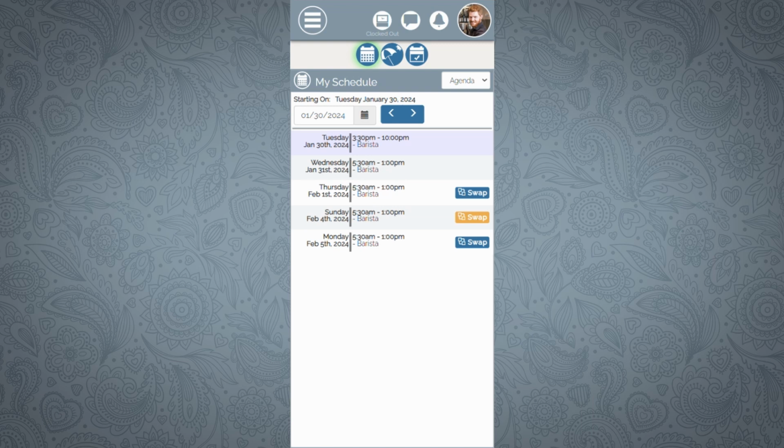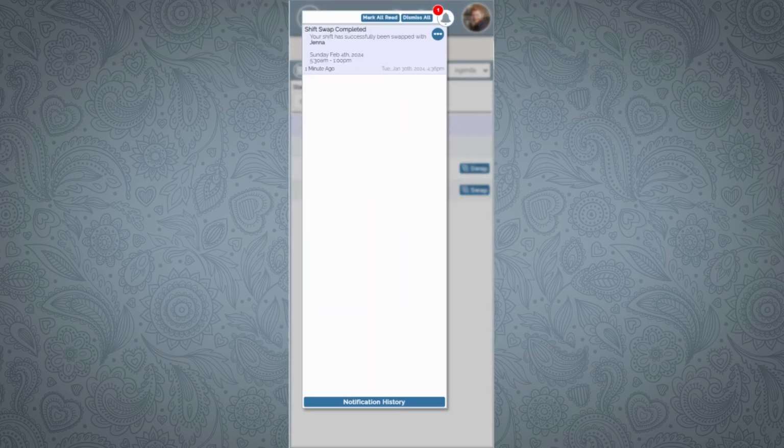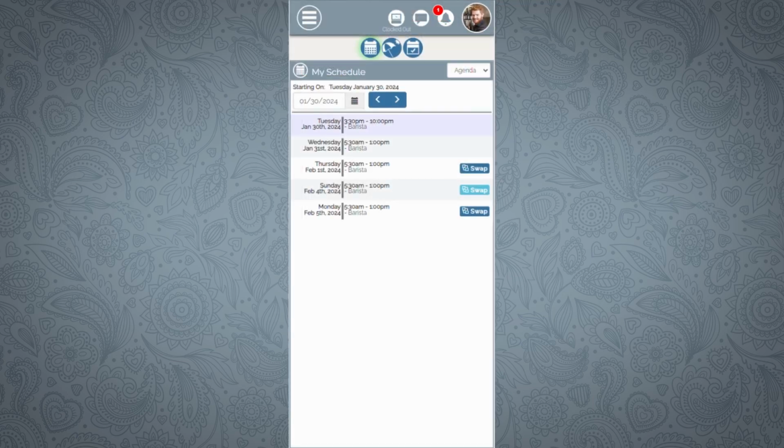At this point, everyone you offered the shift to will have been sent a notification letting them know that they've been offered your shift. If your company does not require admin approval for shift swaps, once somebody accepts your shift, the shift will be removed from your schedule and you'll receive a notification indicating that another employee has swapped the shift from you. If your company requires administrator approval for shift swaps, once somebody accepts your shift swap, you'll notice